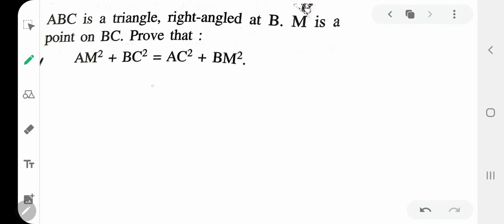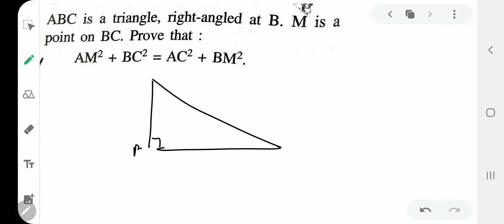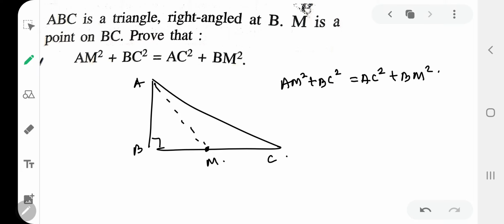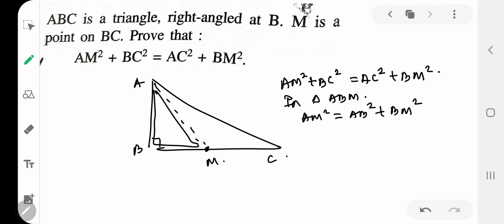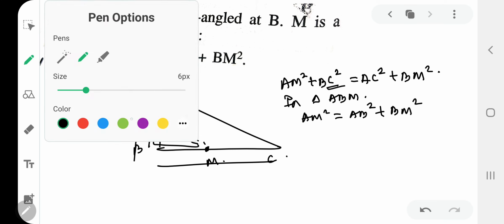Next you have in triangle ABC, which is right angled at B. You have to prove, M is a point on BC, so I'll mark it here. You have to prove that AM square plus BC square is equal to AC square plus BM square. My dear kids, first you want AM square, you go in this triangle, that is in triangle ABM: AM square is equal to AB square plus BM square. Now you want BC square, go in the bigger triangle,